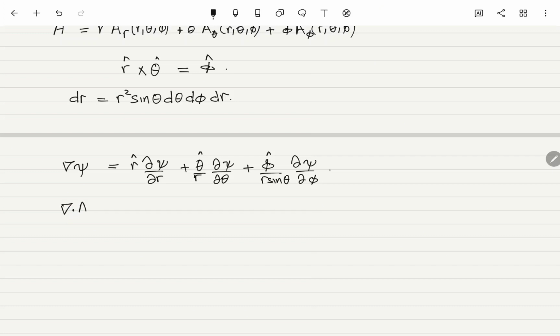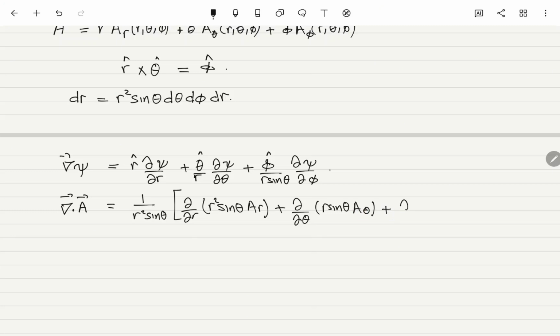So divergence A in this case is equal to 1 over r square sine theta, partial of r square sine theta A r, plus partial theta of r sine theta A theta, plus partial phi of r A phi, and again